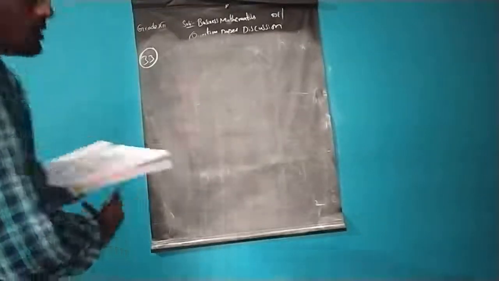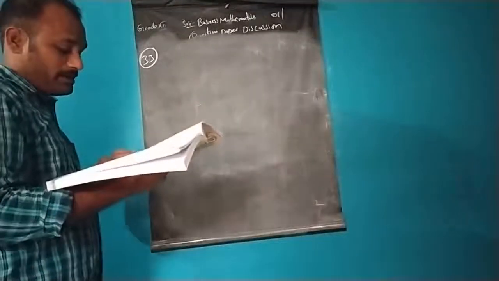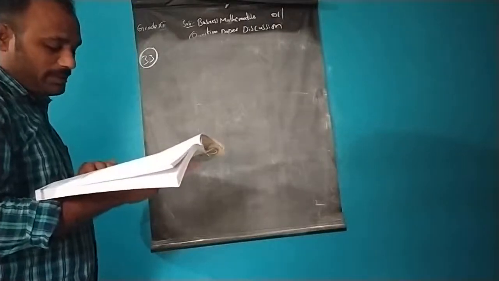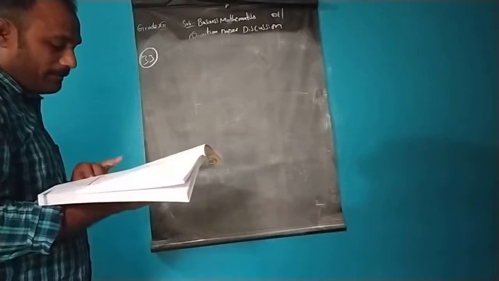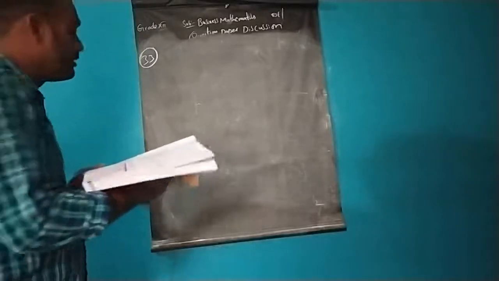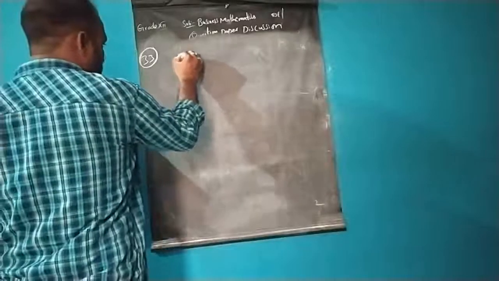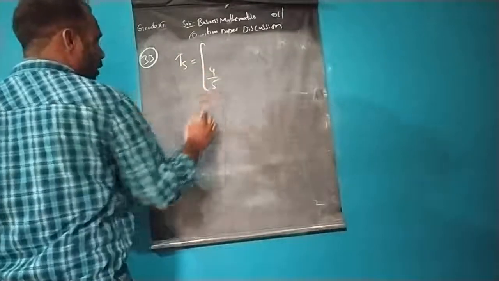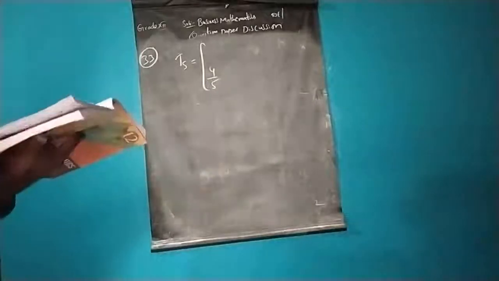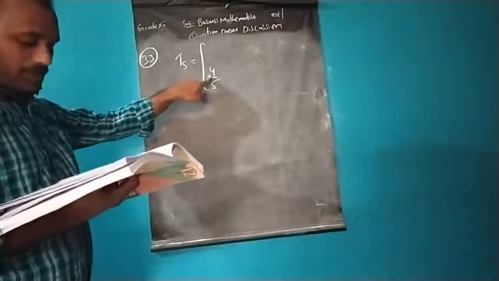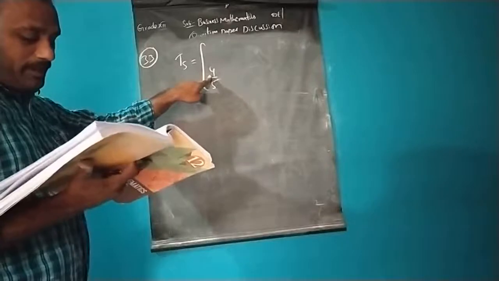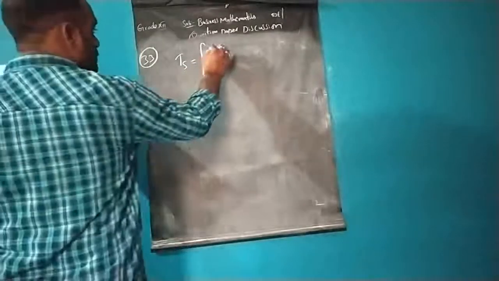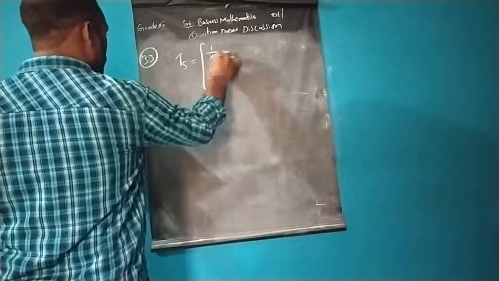Let us see the 33rd question. I'll read out the question. Party is either sad or happy each day. If he is happy on one day, he is sad on the next day by 4 times out of 5. So we will obtain a transition matrix here, T. See, understand the sentence carefully. Out of 5, 4 times he is sad if he is happy one day, and he is happy on the next day with 1 by 5.